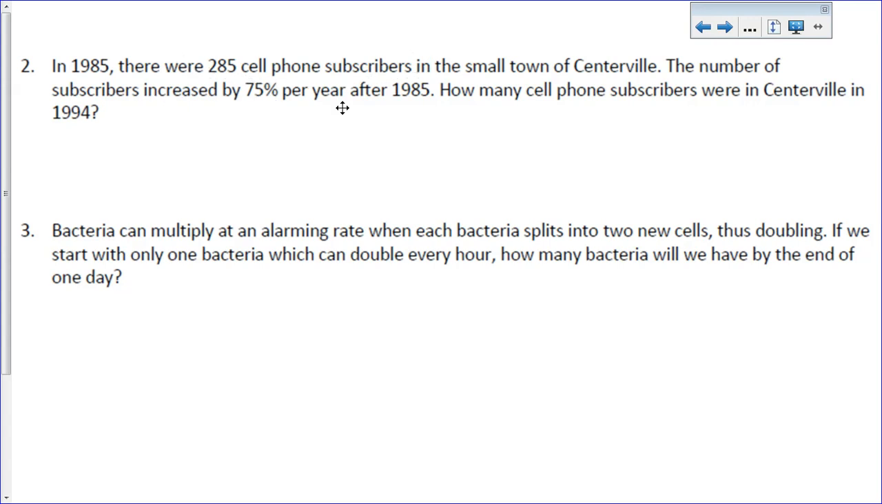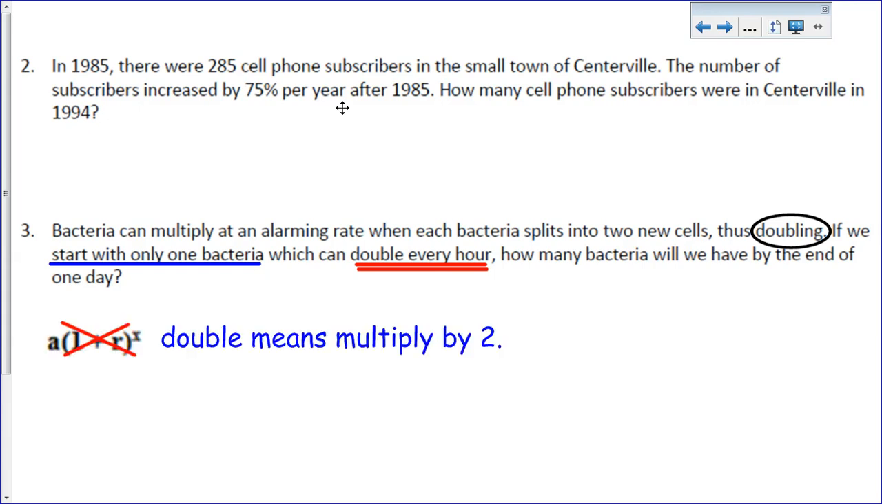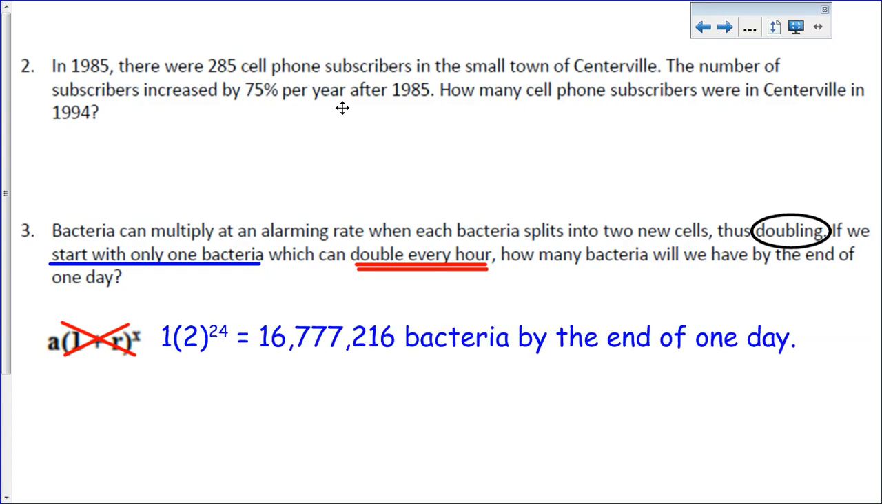All right, our last example, you have bacteria that are doubling. You started with 1 bacterium and they double every hour. How many by the end of the day? Well, you start off not by using the growth formula. Double means times 2. So you had 1, you double, you do that every single hour for an entire day. That would be this, which is a